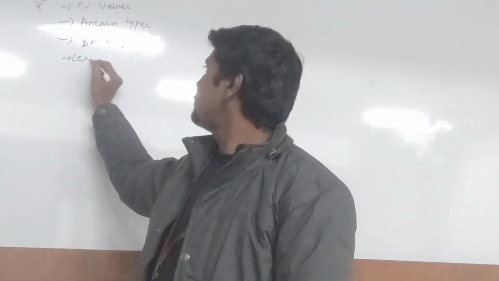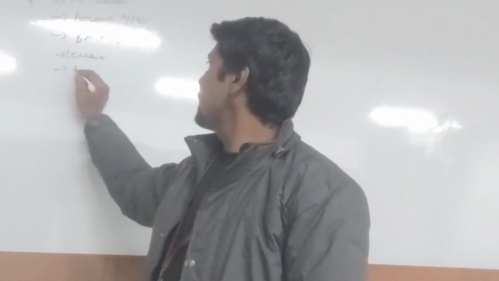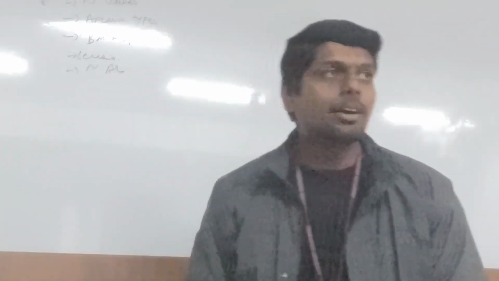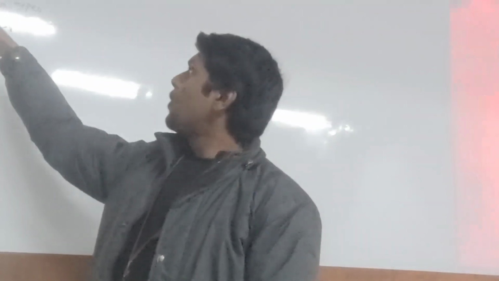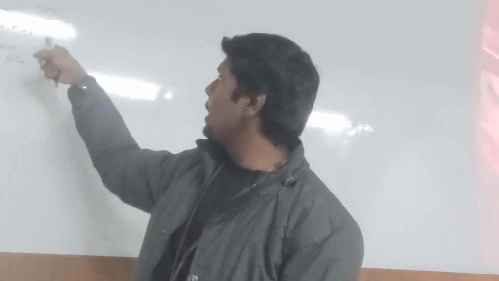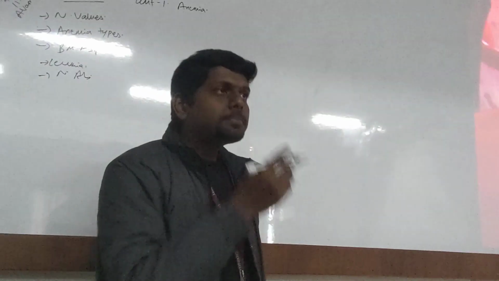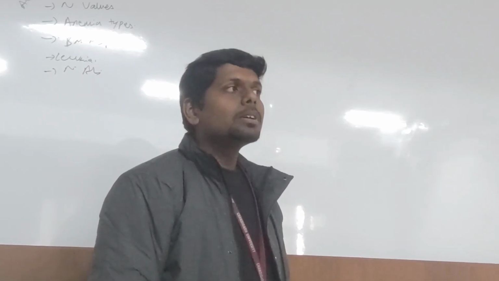And we have leukemia, which we will discuss, and neutrophil abnormalities. 70% of the syllabus in Unit 1 is focused on anemias, followed by bone marrow aspiration and neutrophil abnormalities. Any more confusion so far? No, right? Now, I will discuss a small topic about pernicious anemia,